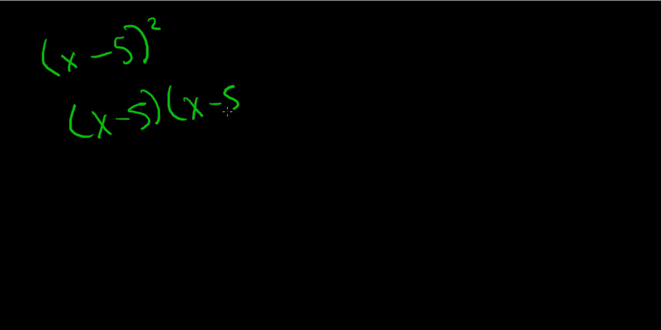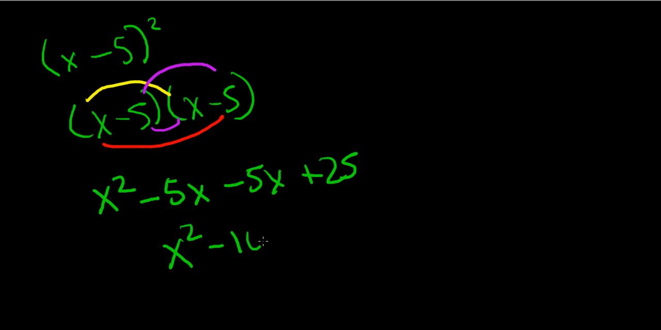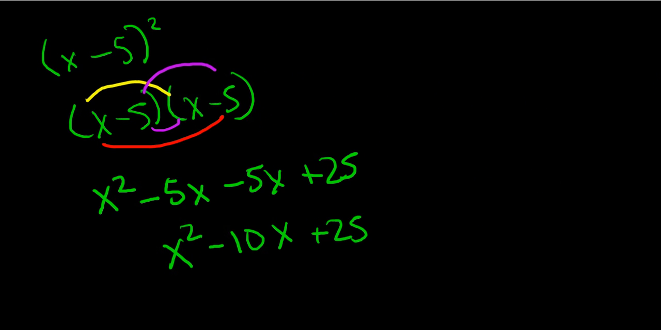We can use the FOIL method in order to solve this. We have x times x, then x times 5, that's 5x, and then 5 times 5. So let's go ahead and simplify. We've got x squared minus 5x minus 5x plus 25. We have two like terms in the middle, so it becomes x squared minus 10x plus 25. If you look back at the a squared minus 2ab formula,